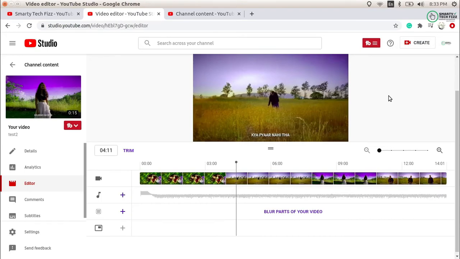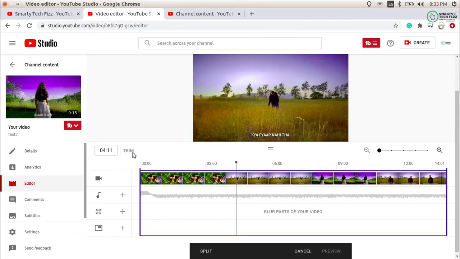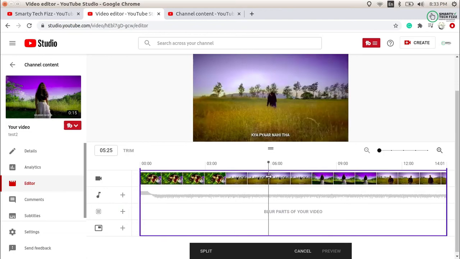Now we will see what to do if you want to trim from the middle section of the video. How can you do that? Just come to the trim again, and from the trim come to the middle section where you want to trim. Let's say I want to trim from here. Just move the cursor here and use the split option. Split here means that we are dividing the video into different parts, where this grayish part will not be available after uploading the video. That means this grayish part will get trimmed from the original video. So this is the trim I want to do.